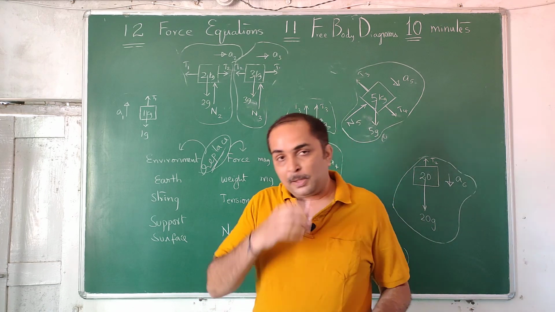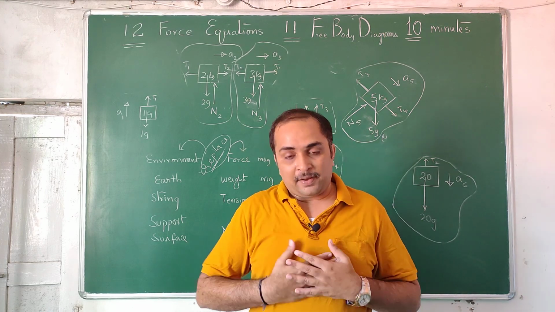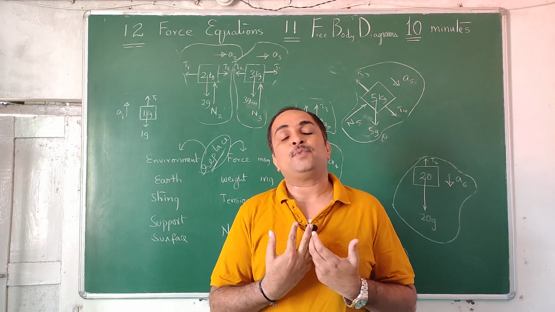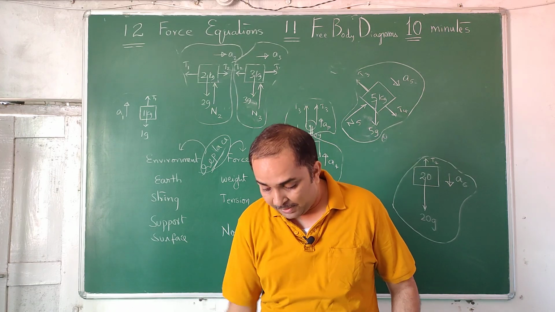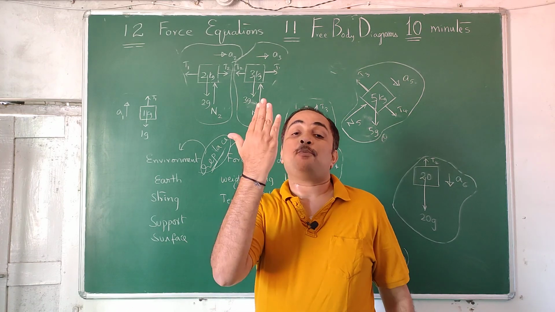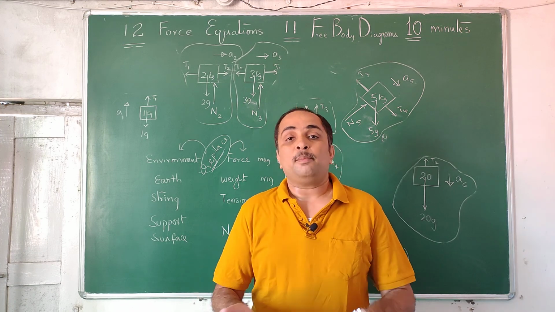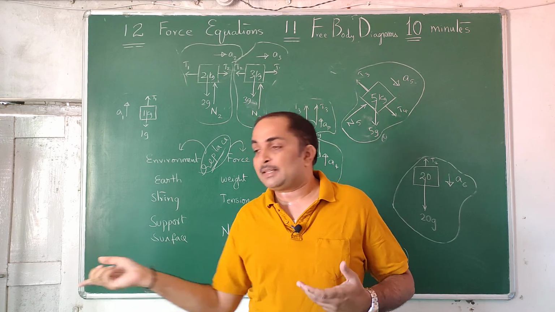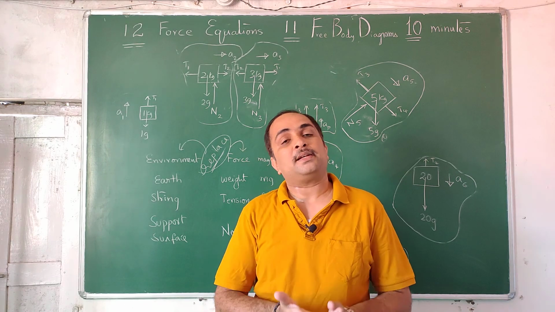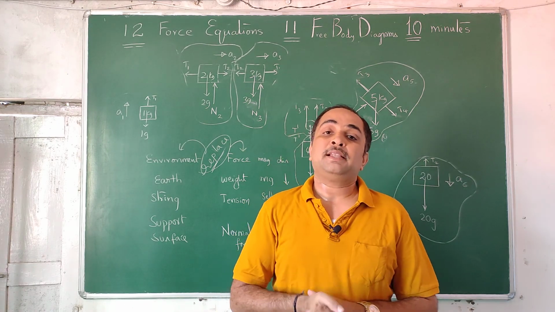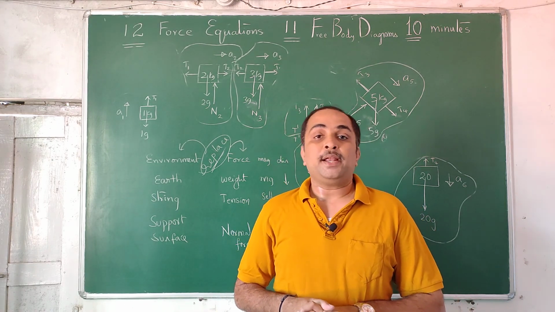Suppose I am standing here. Whether I tell or not, gravity will be acting on me, so mg, my mass into gravity. I am supported by some floor that will apply a force in the upward direction, the normal force. If I am accelerating, show my acceleration to the right side, left side, upward, or downward. If I am not accelerating, leave it like that. If you complete that, you are set to complete the free body diagram.